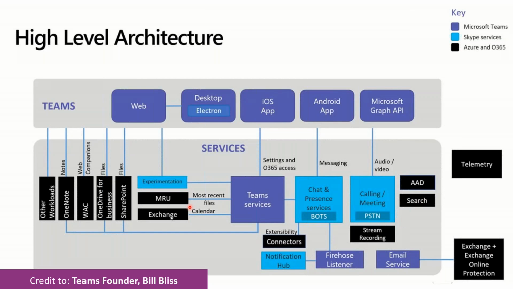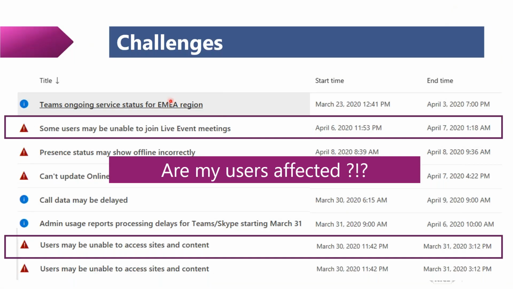Some of you are probably familiar with the next slide. This one is from the health status dashboard from Azure. Some of you might go in there and say, let's open it and have a look at what comes in there. This is also called the message center. The message center gives updates, but the actual service health of Microsoft Office 365 gives you an overview of all the components that are part of Office 365, or now Microsoft 365,